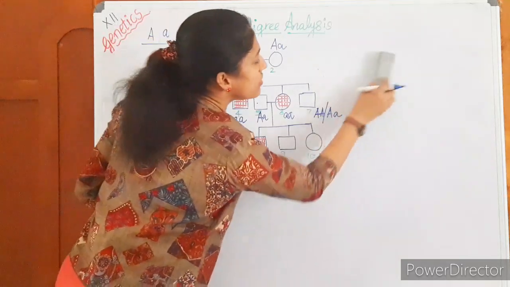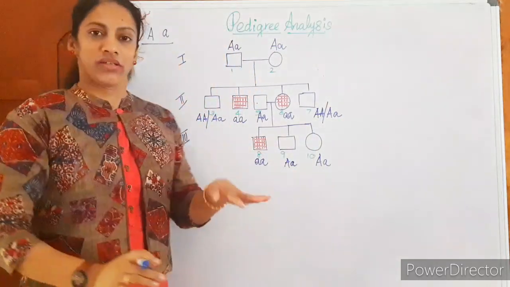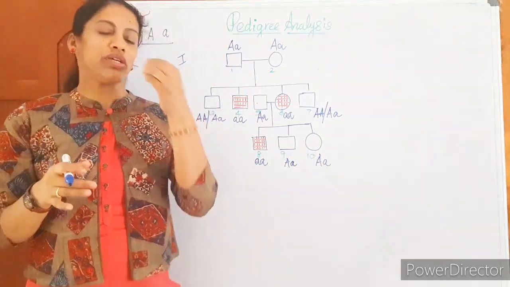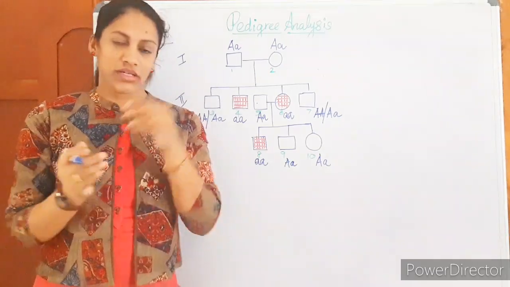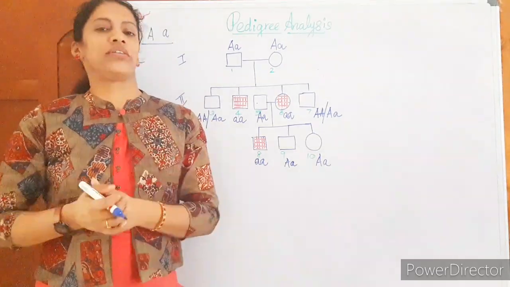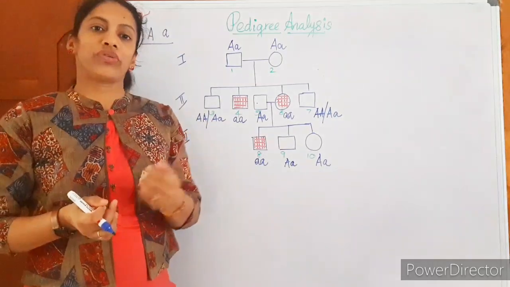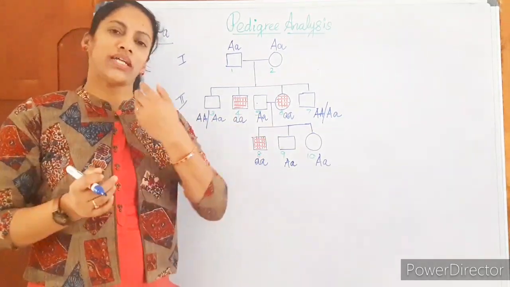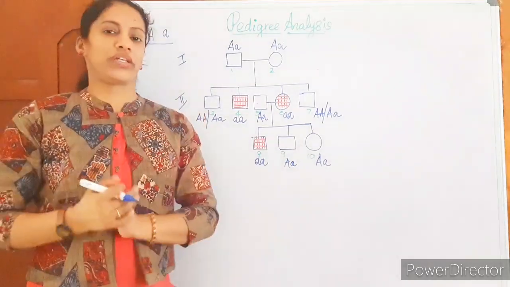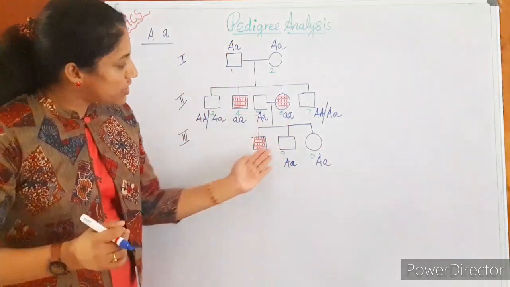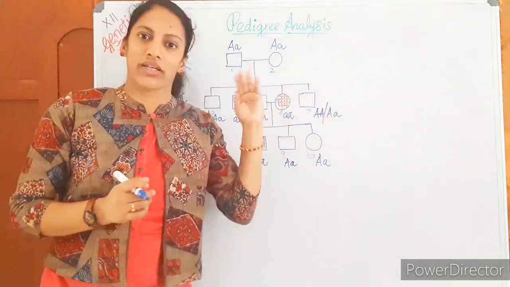With this example it is simple. I am just giving it; use capital A and small a as symbols. If it is a question, it will be stated which symbols you have to use. And if it is sex linked, you have to use the X and Y chromosome symbols. That we will clear along with the genetic disorders. If you have any doubt in this part, you can ask me now.